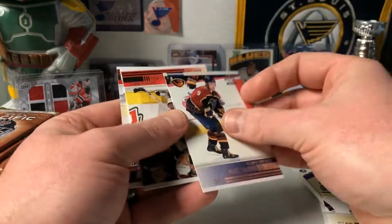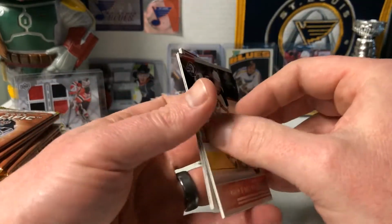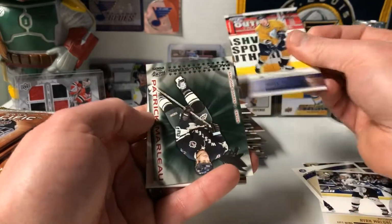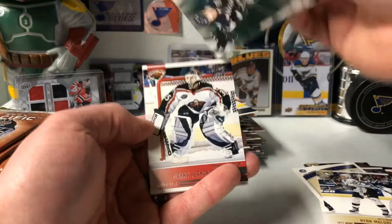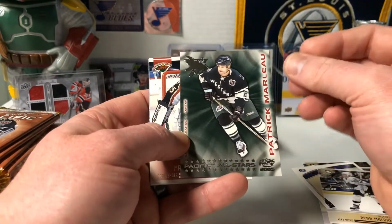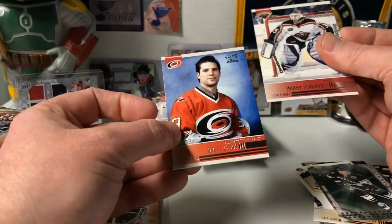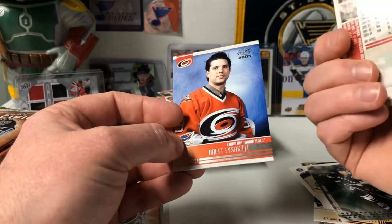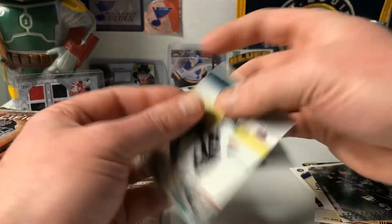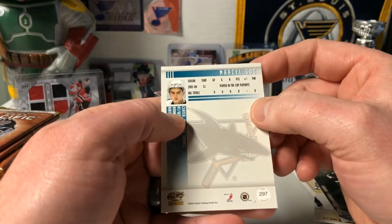Marc Savard. Maxim Afinogenov. Marek Zidlicky, and an all-star game, Patrick Marleau. That's cool. Back when they had the East-West conferences. Manny Fernandez, and the Brett Lysak guy again. Oh, no, one more card in here. Oh, there he goes. Marcel Goc. Is that how it's pronounced? I don't remember how it's...